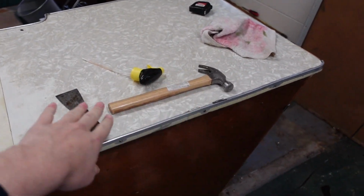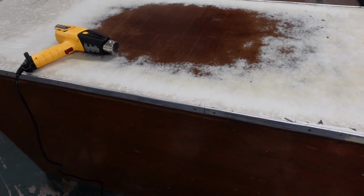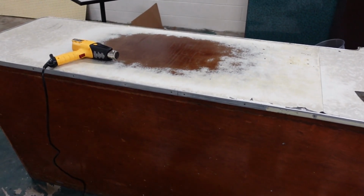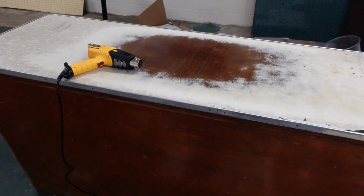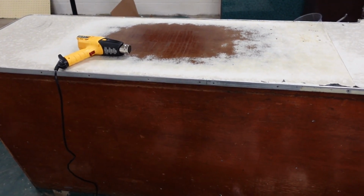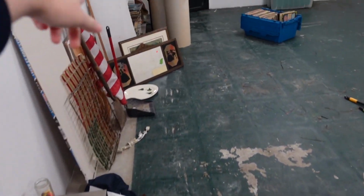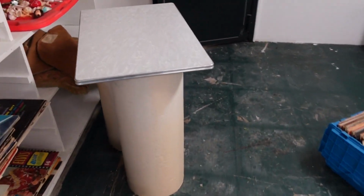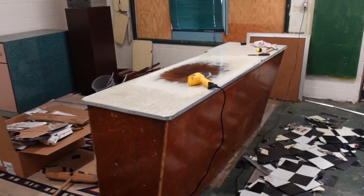So this side over here is actually clean. That is pretty good. And then this to here is still really sticky. So immediately my thought was, what can I do about this? First idea, leave it completely as it is, clean it of course, and then just leave it with its character. Second idea, cover it up with another piece of Formica, which I've got, where did it go? Ah, over here. I've got this piece also in the gray cracked ice, which is about the same size as that. Third idea, replace the top completely,